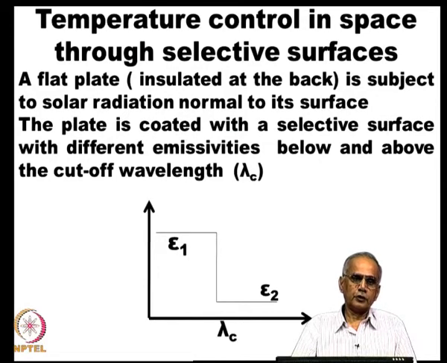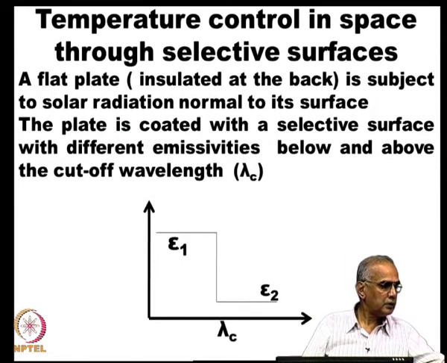So, you want your collector surface to absorb radiation in the solar region, which is between 0.4 micron and 4 micron, but at the same time you do not want the surface to emit much radiation, and most of the radiation emitted by the surface is usually in the range between a few microns to 100 micron. And so, you choose a cutoff wavelength somewhere around 4 micron, so that you maintain the emissivity of the surface low in the region beyond a few micron. At the same time, in the region where solar radiation is incident, the low wavelength region, you try to maintain a high emissivity and high absorptivity. So, this is the purpose.